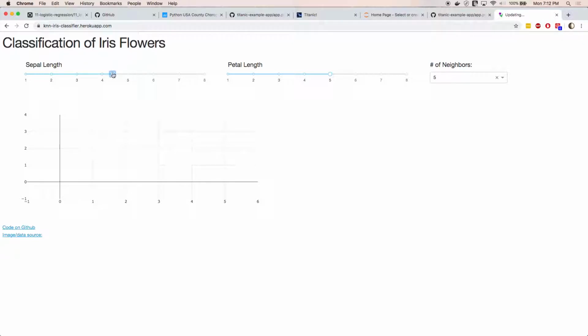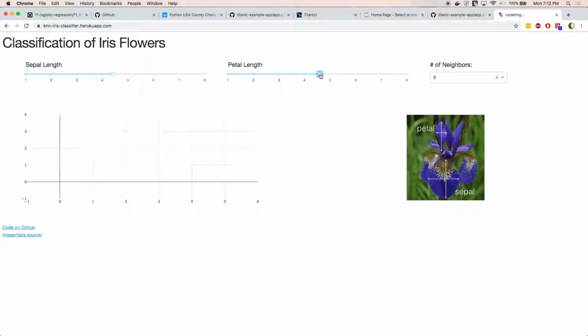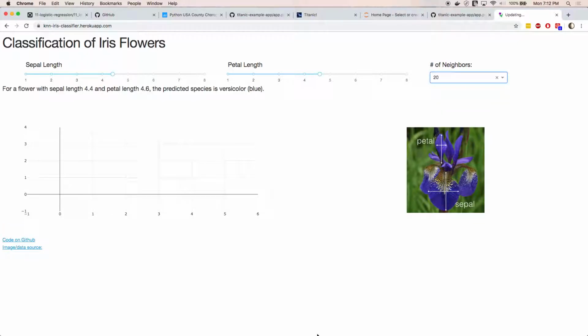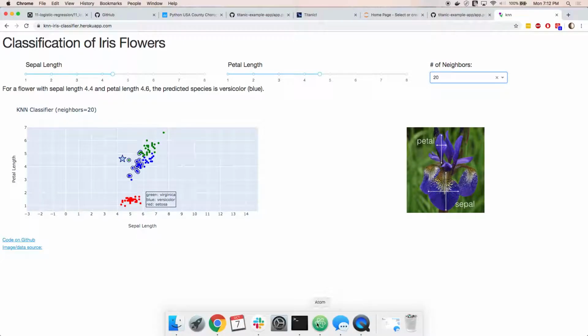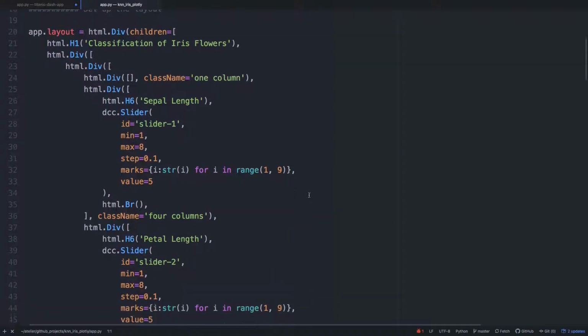You can choose the length of the sepal, and you can choose the length of the petal, and then you can choose the number of neighbors, right? Number of neighbors is a model parameter, definitely. So that's definitely what's going on here: you have the chance to choose that. And the way that looks in the code is